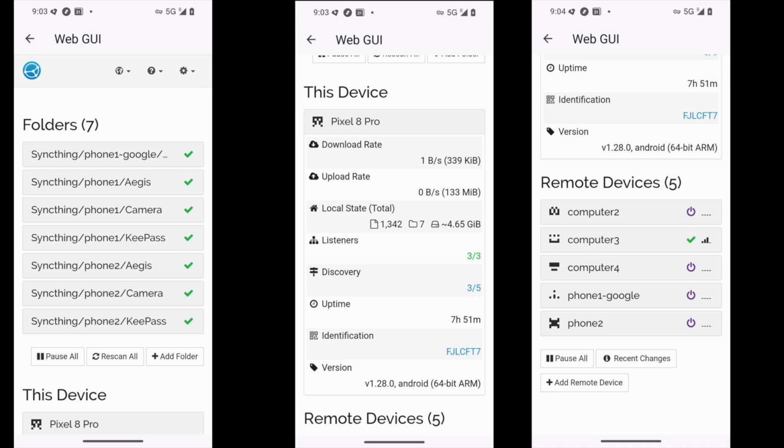There's whatever, 4.5 gig of stuff going on. And at the moment, my phone is connected to my computer 3, and those are good. These others are offline or what have you. But the end result is that you have something which feels basically the same as having a cloud service, but there's no cloud.